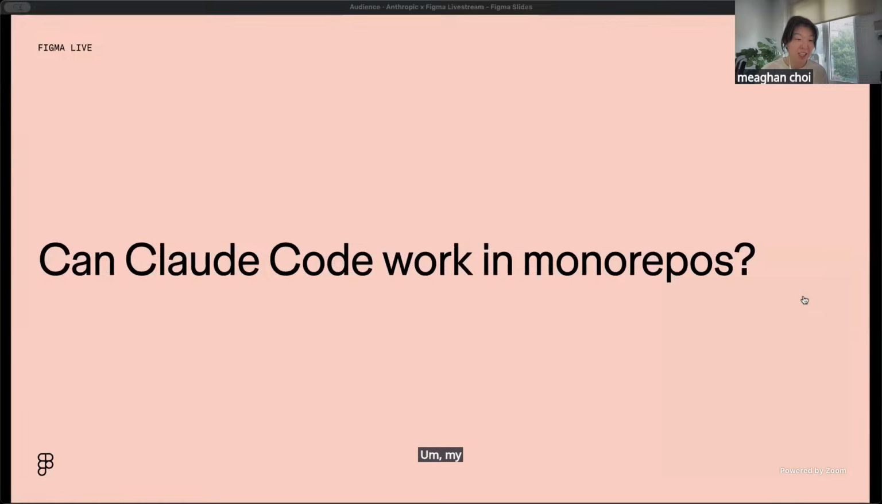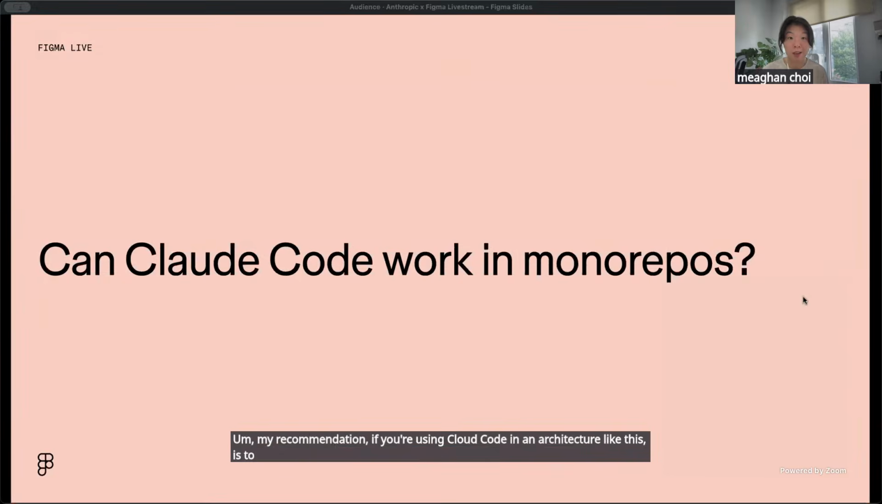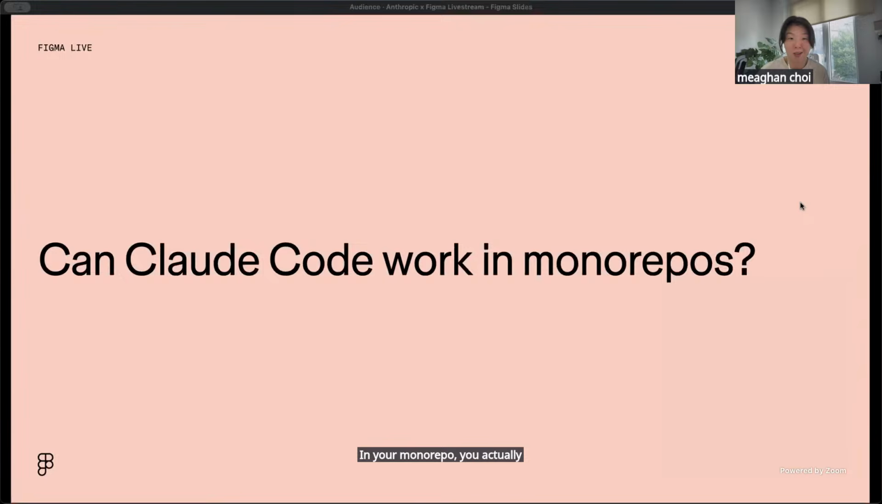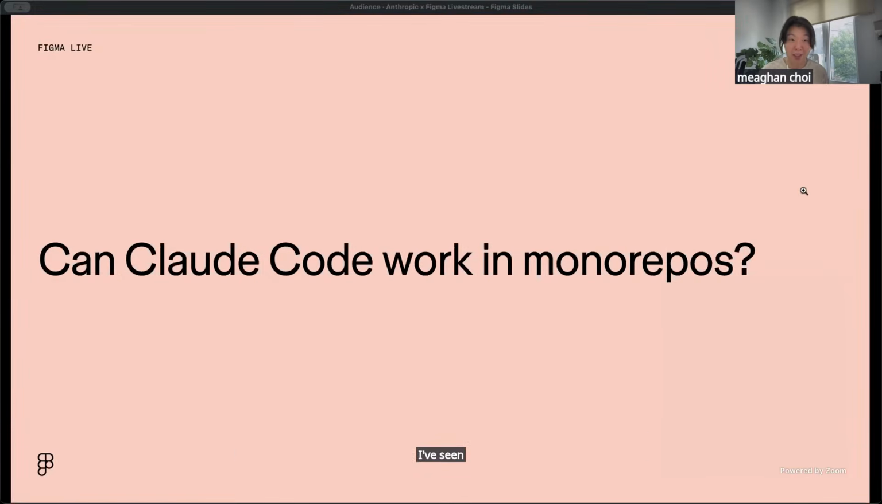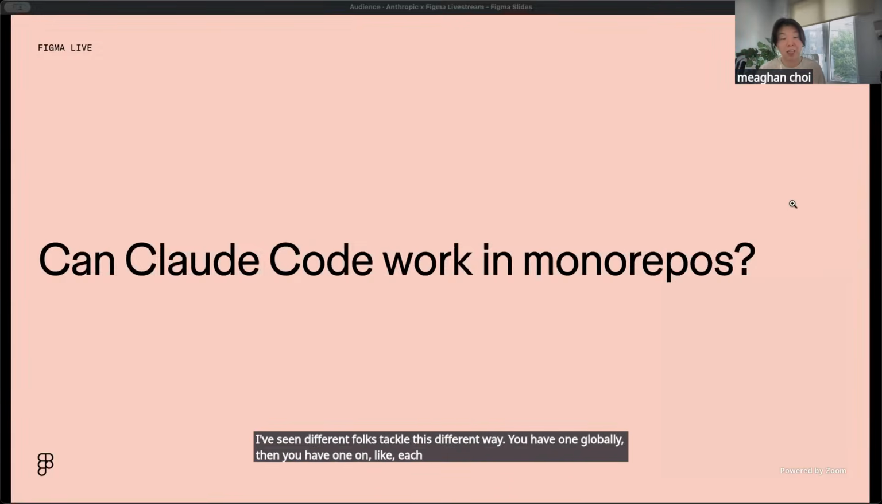My recommendation, if you're using Claude Code in an architecture like this, is to get claude.md or those memory files set up at different levels in your monorepo. You actually can have more than one claude.md file. It's just another file you add to your project. I've seen different folks tackle this different ways. You have one globally, then you have one on each subdirectory, and then you have specific ones in